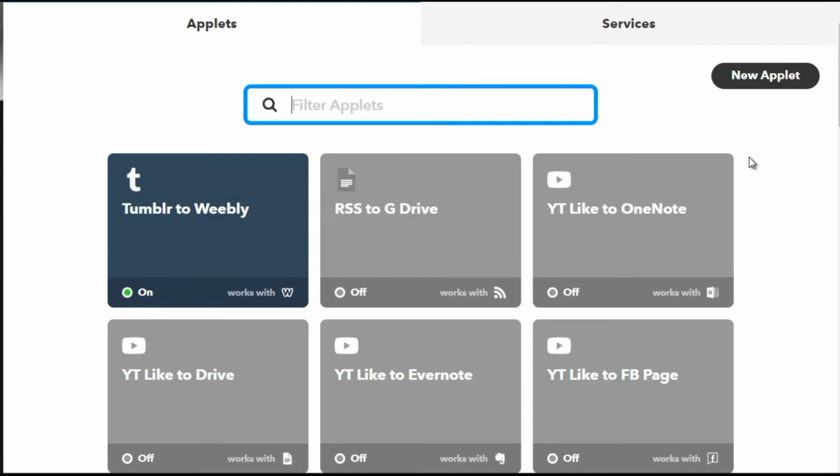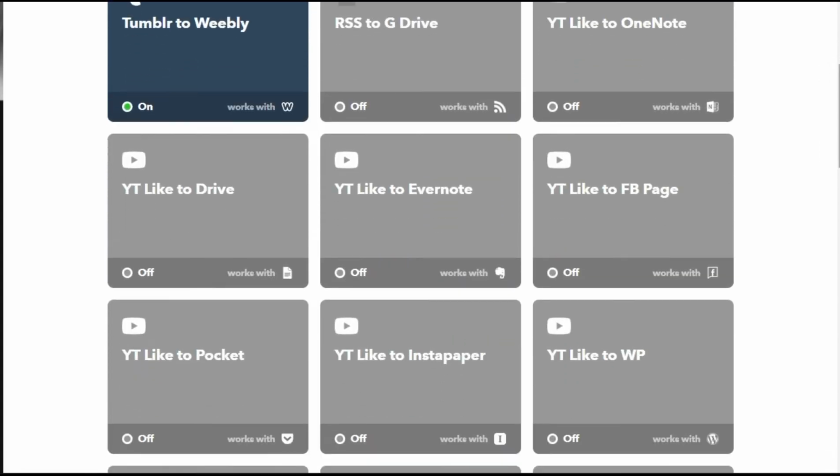So for example, as you can see here, I've got Tumblr to Weebly, RSS to Google Drive, YouTube like to OneNote, YouTube like to Facebook page. The reason why you might want YouTube likes is, let's say you already have maybe 50 videos on your YouTube channel, but you want to find a way to get those videos embedded.